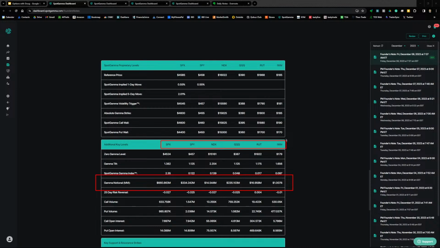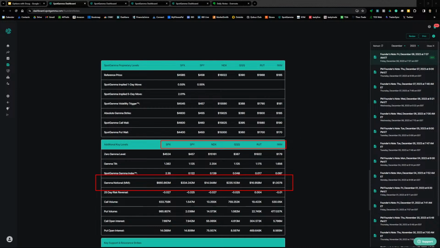So note all these numbers are positive. In a positive gamma environment, market makers are long calls, traders are short calls. That's the assumption. And market makers have to trade against price to hedge their delta exposure. So as price increases, the value of the calls increase, and they have to sell futures. On the other hand, if price drops, they can buy back their short futures.